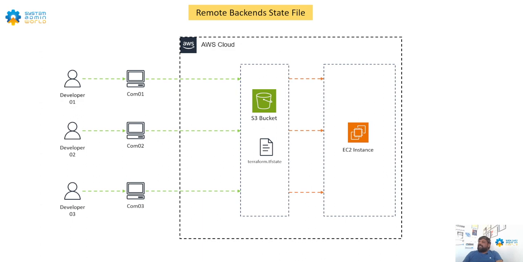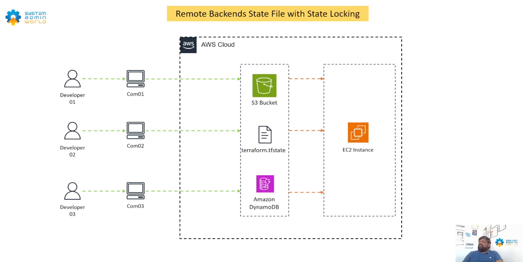But what happens here? Another problem occurs whenever developer 1 and developer 2 try to deploy the configuration on the same EC2 instance using the same TF state file. Then a conflict can occur and it can lead to corruption of the TF state file, or it can destroy the TF state file. So to avoid that conflict, there is a custom solution that can be implemented using AWS DynamoDB to store the